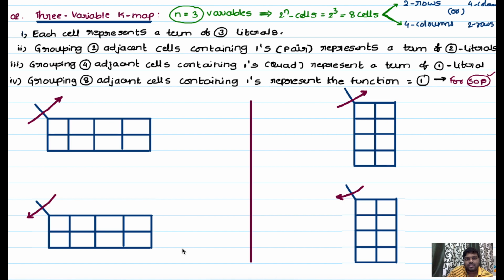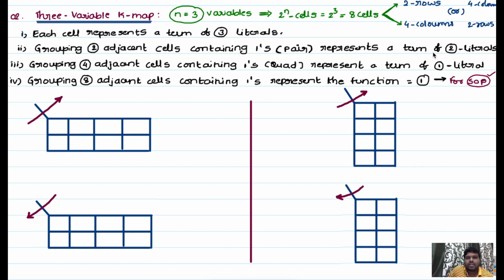So this is the introduction about the 3 variable K-map, and the points are the same. Each cell represents a term of 3 literals. In the previous case, n equals 2, so each cell represented 2 literals. Here we have 3 variables, so each cell represents 3 literals. This is the first point, and the next one: grouping 2 adjacent cells containing ones, a pair, represents a term